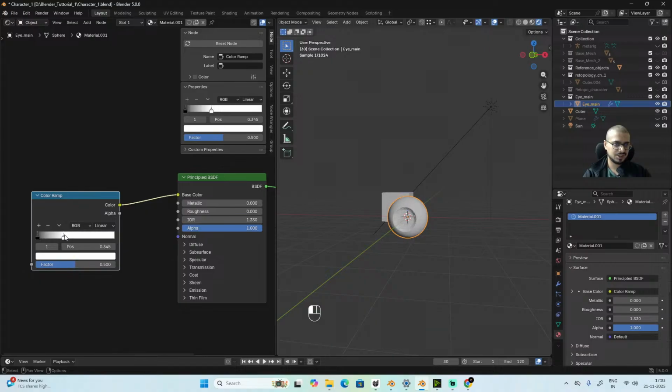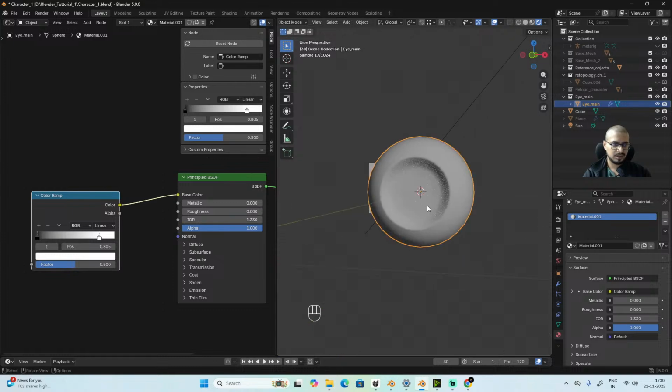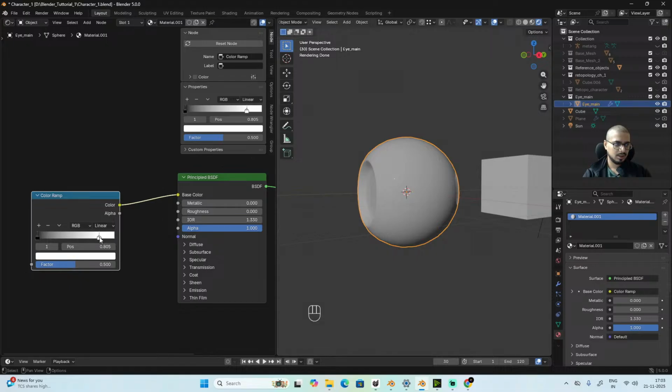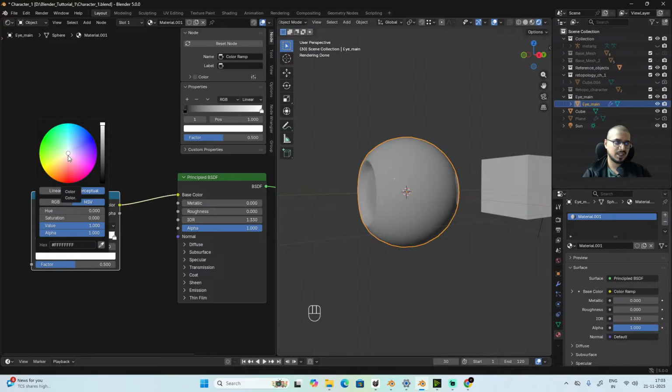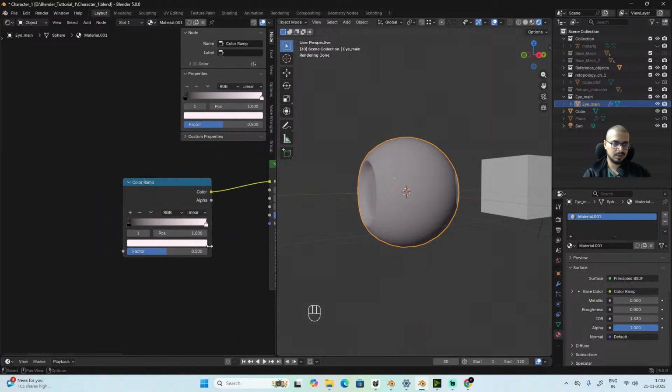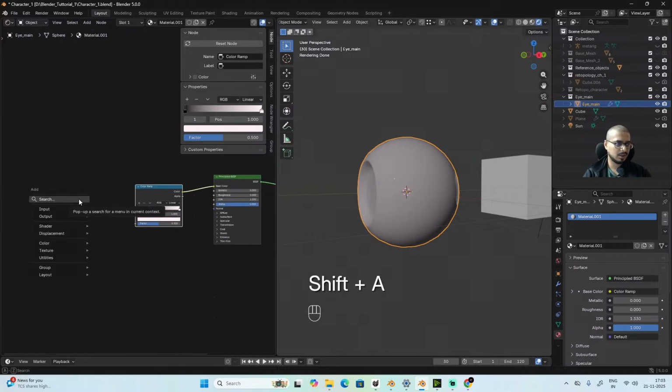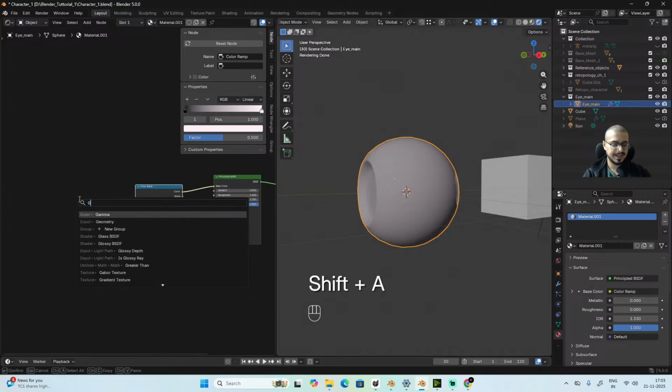We can change its position, and it will affect our material basically. So you can see, the more I take it towards the black, it's more white, and otherwise it's a bit gray. We can change the color as well over here, but right now I'm not doing anything to it. I'll instead add another node, which is gradient texture,